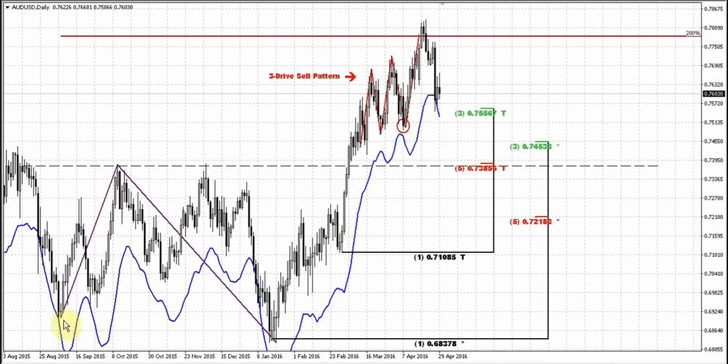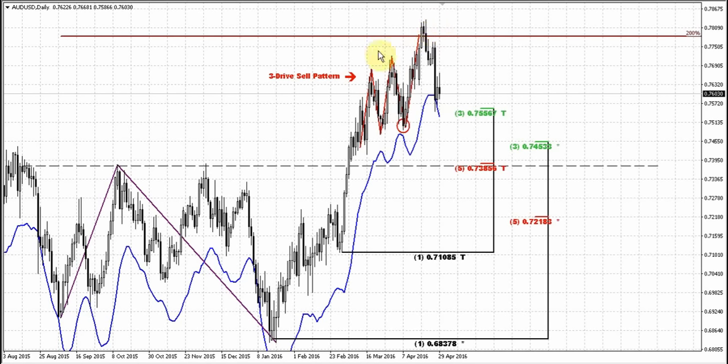If you take a look at the target, the ABC bottom 2 times extension has been hit. Usually the target of the double bottom is the depth of it counted from the neckline to the upside, or we usually use the ABCD extension with the 200% destination point. The market has hit this level. What is more interesting is that this level is also the neckline of our head and shoulders pattern. It has also been tested.